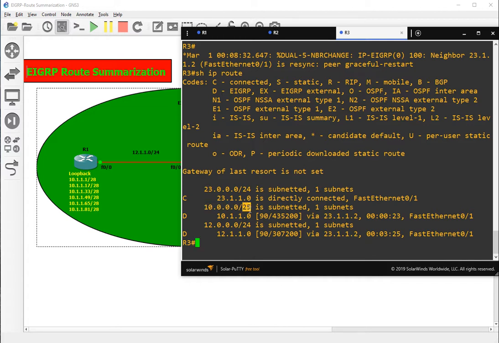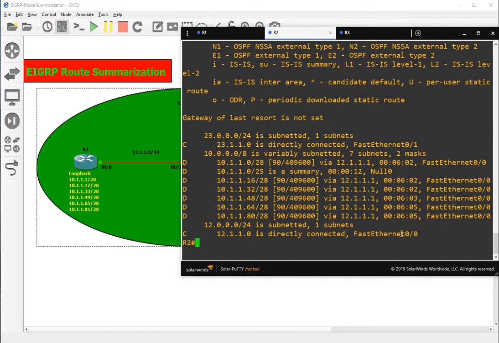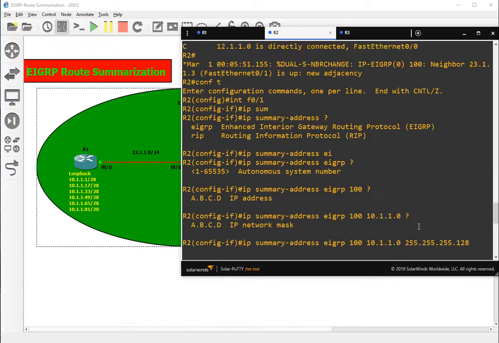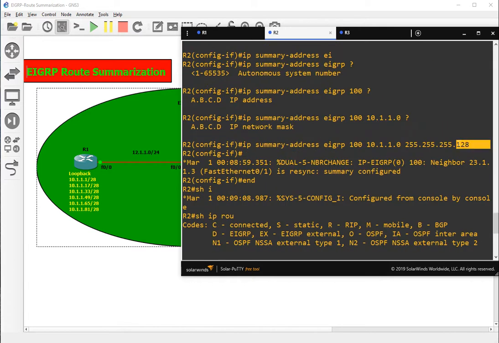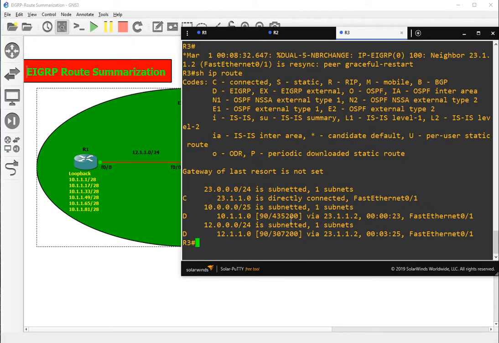That means only one bit in the last octet is on, right? Because we gave the mask as 128 in the command. That means the first bit of the last octet is on, rest all are off.